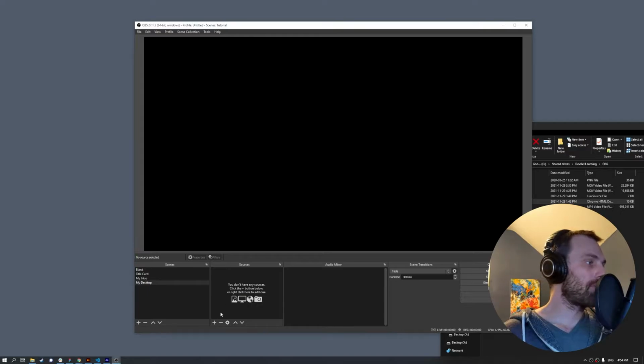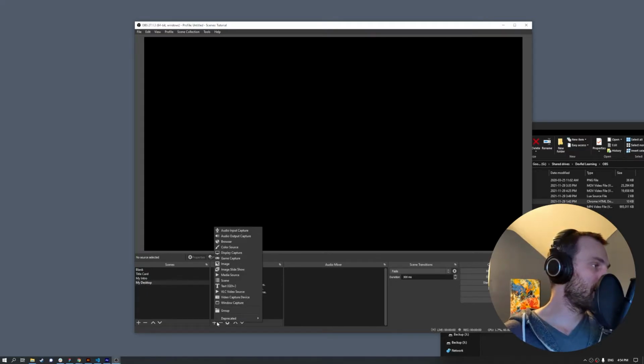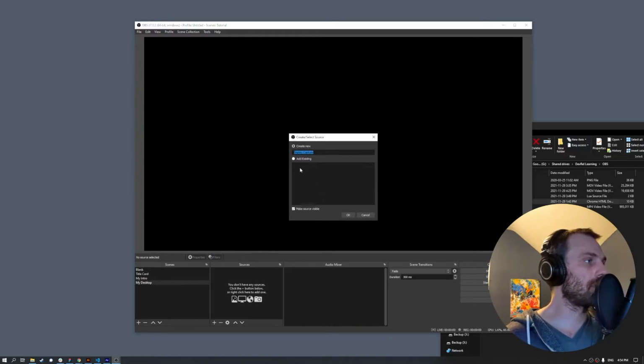So to do that, we need to go to sources, click add, click display capture. You could also do window capture. If you create a new display capture, you can add it. So if you have multiple monitors, you can have separate sources for each one. We'll create one that's display capture, and we'll pick this monitor, and we can see that it's capturing the full